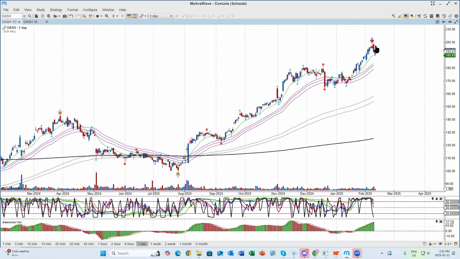So for Dash, we are at some kind of daily support now, right over here at the 12 EMA. You can see how our earnings comes out, and if we have some kind of deeper consolidation, you'd be looking to buy down there. Okay, let's see if there are other earnings stocks that we can look at. Lyft. Let's look at Lyft.